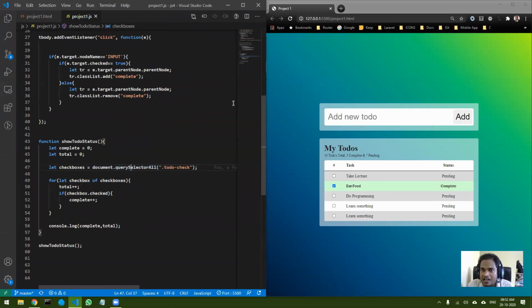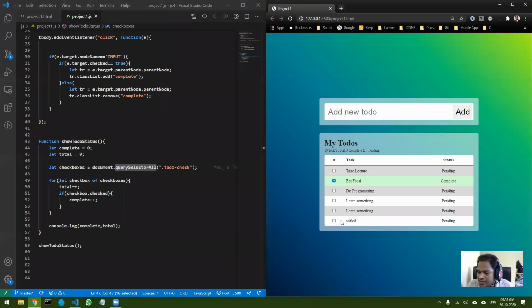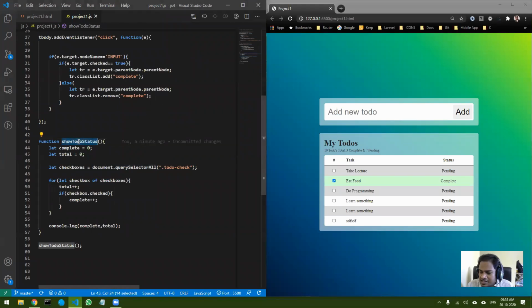Now another query, I don't know how many of you have got this particular query: this will detect only those checkboxes that are there in the beginning, right? Like it has happened before. So if I add a new one, it should not detect this one, right? But that is not the case. Whenever the function runs, it reads the DOM. So at that time, whatever is there, it will get the details.